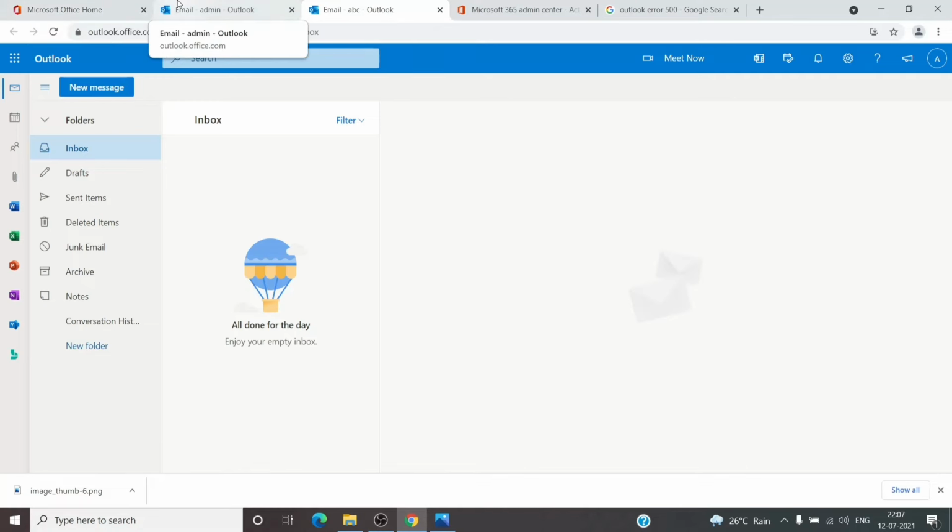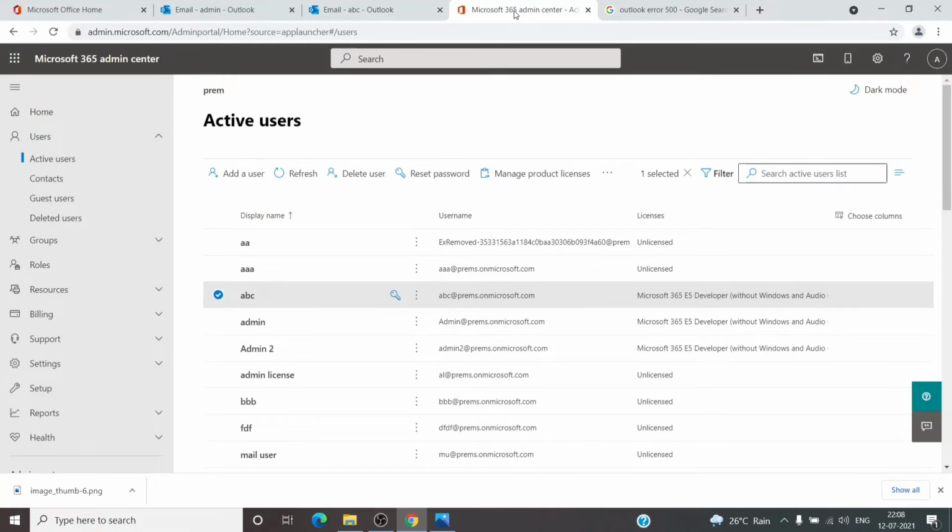It is just that the new user is not able to access it. Maybe there is some provisioning in the backend that is still stuck, but it should eventually be completed and the user should be able to access the mailbox. But if you don't see the mailbox until 10 to 15 minutes after you have opened the mailbox using